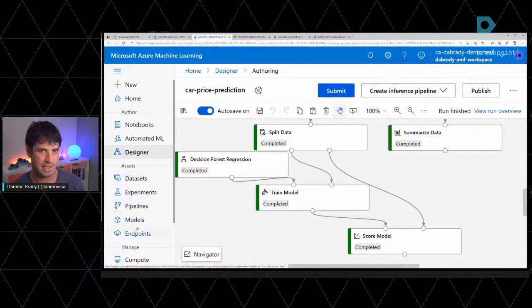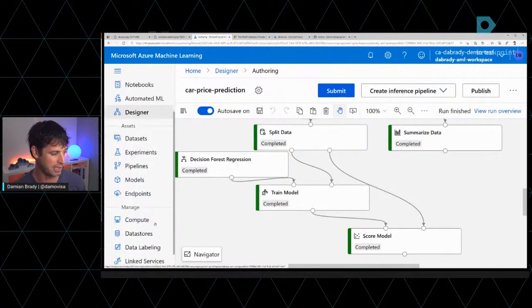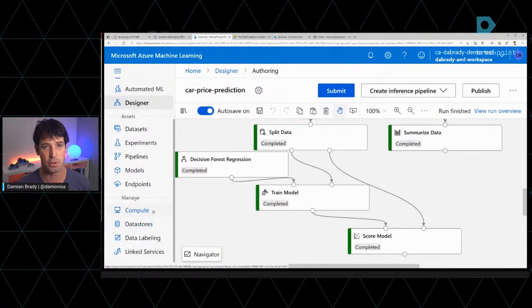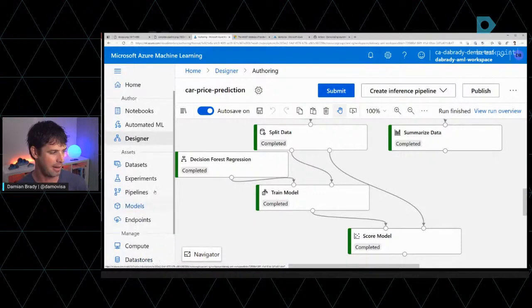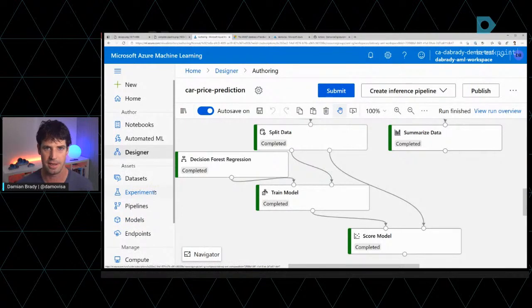But then we get into this area down here with data sets, experiments, pipelines, models, endpoints, and even things like managed compute, registered data stores and stuff, which is really focused around the MLOps side. So actually the process of creating a predictive model as you go, and registering everything that happens along the way, keeping track of it,